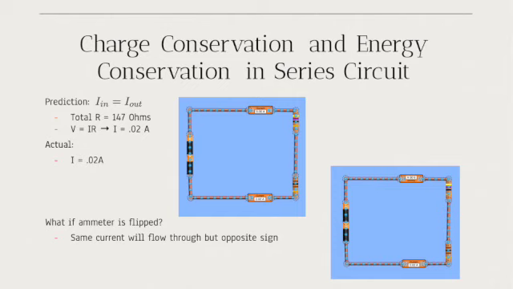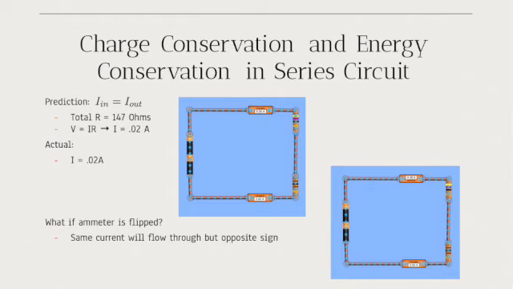So with the prediction, the current in is equal to the current out. So here we have the total R is equal to 147 ohms. So the current would be 0.02 amps. And we found that is true across the entire circuit with these two screenshots. And if the ammeter is flipped, we would expect the same current will flow through, but the opposite sign will